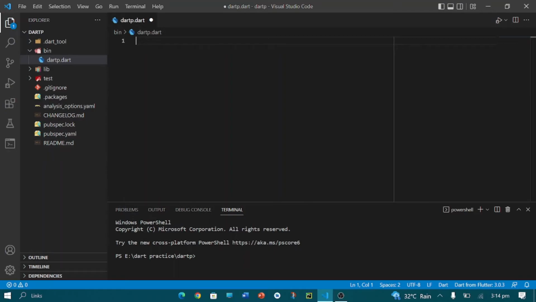Okay, so this is the second phase of the Dart language, in which we are discussing the data types in Dart. In this phase we will discuss how to use a numerical data type in Dart. So before starting